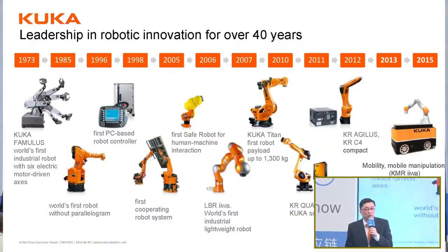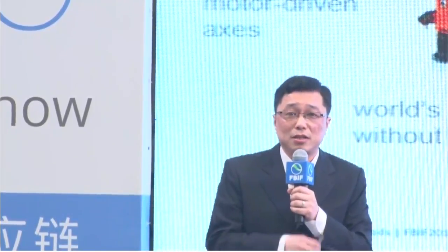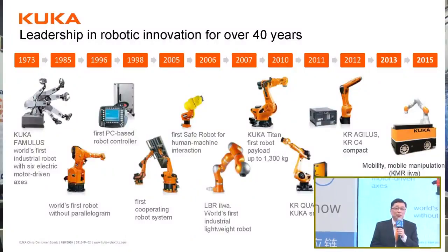During World War II, we mostly manufactured garbage collector machines, and then we manufactured typewriters, and then we produced the first industrial robot in the 1980s. First, it was used for our own purposes. Later, it was used for larger-scale applications. And then we came up with the idea of human-machine interaction. In 2011, we thought that maybe a robot can work in close alignment with humans instead of working in separation